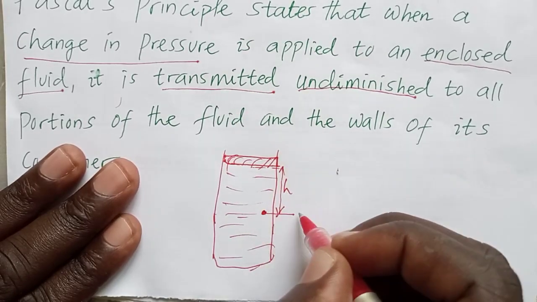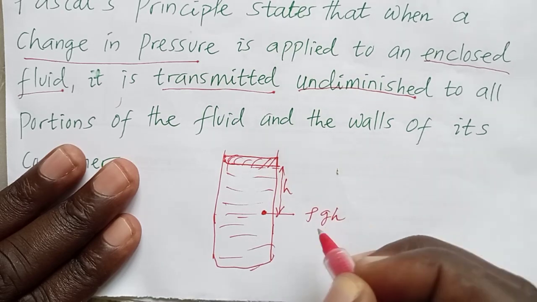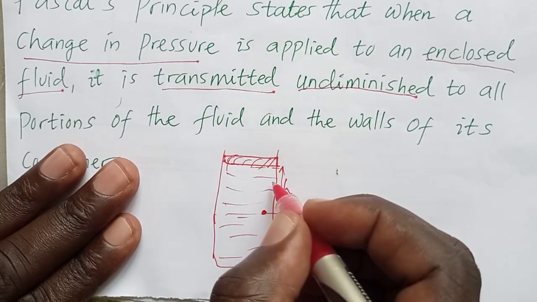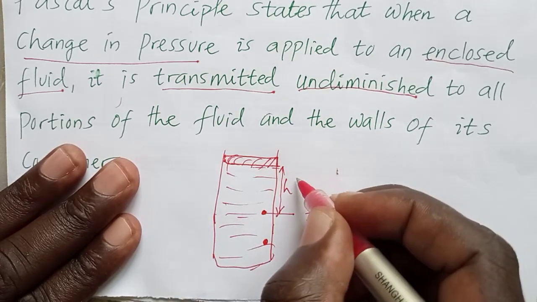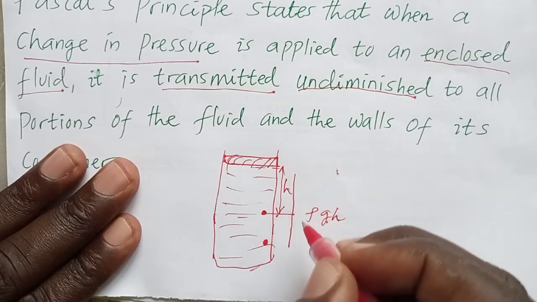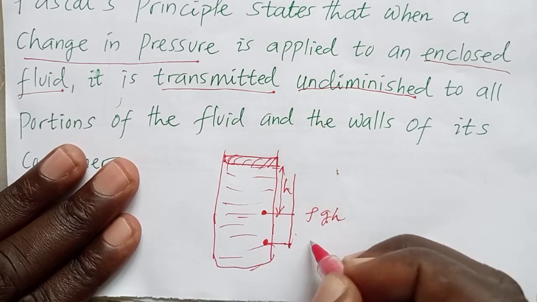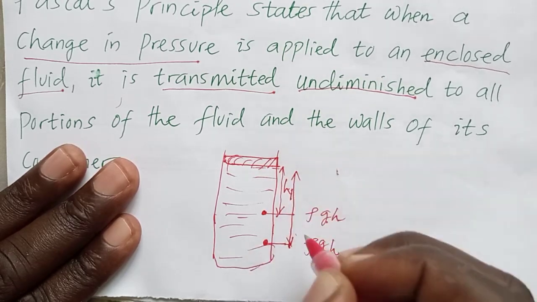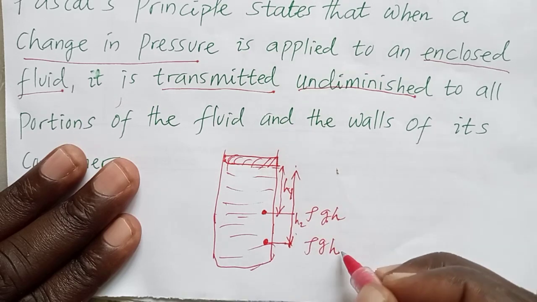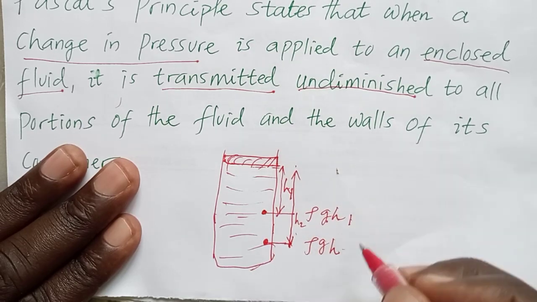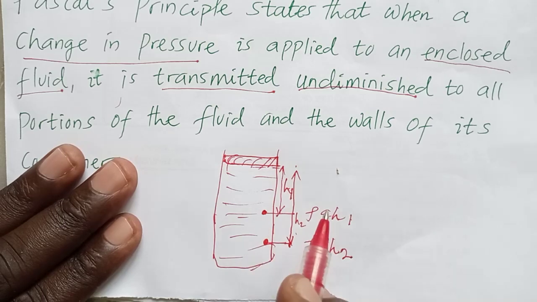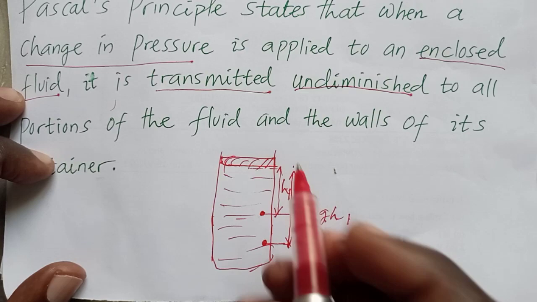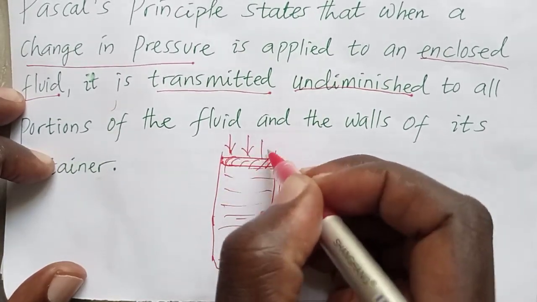The pressure at this point is rho gh, where rho is the density of the liquid, g acceleration due to gravity, and h is the depth. If you go down here, then the pressure increases because the height has increased. So you have rho gh. If we call the first h h1 and then the second h h2, then this is rho gh1 and rho gh2. At any point, in addition to the pressure due to the depth, you also have atmospheric pressure, because